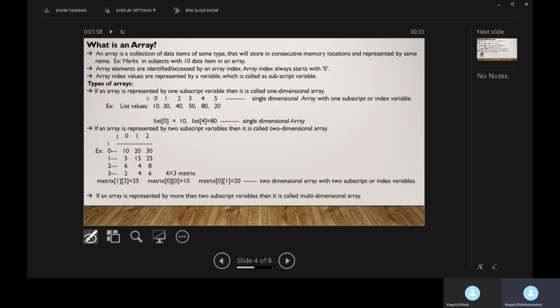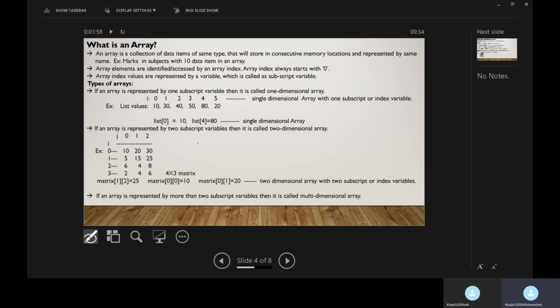So while accessing an array, to represent the array index values, we use one variable, and that variable is called the array subscript variable. By using array subscript variables, we can represent the array index numbers while processing arrays.